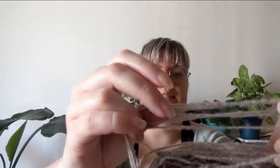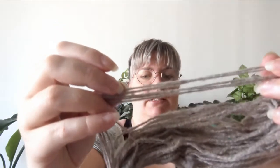But when I spun this long draw woolen on the spindle, that's where it's even. And then I'd spin along, and then I'd just get a lump coming out in my fiber that didn't really want to even out very easily. And initially I thought that it was just because I was spinning it on a spindle. But I had the same issue when I spun the rest of that on